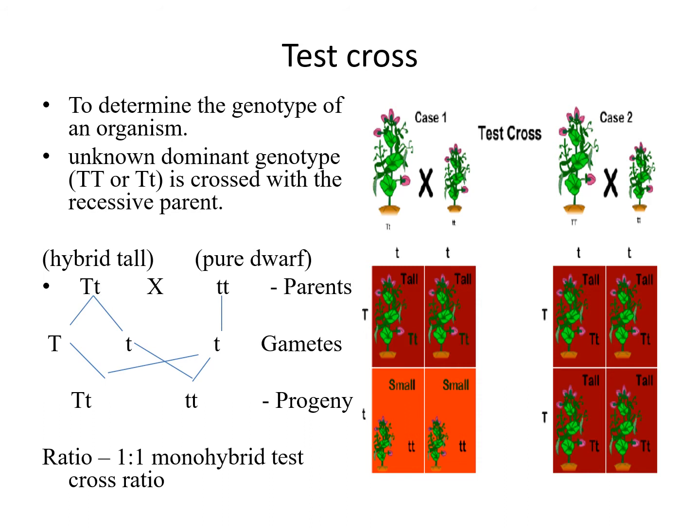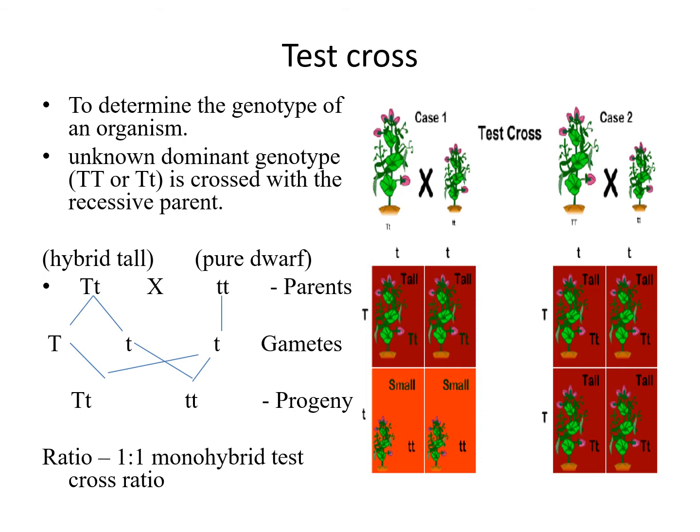See in this picture, in the first one, the parent is heterozygous tall. On the left side, in the Punnett square, you can see capital T, second you can see small t. At the top you can see small t, small t. So one parent is homozygous recessive, the next parent is heterozygous tall. See in the second case, at the top small t, homozygous dwarf, but on the left side you can see capital T, that is the parent is homozygous tall.